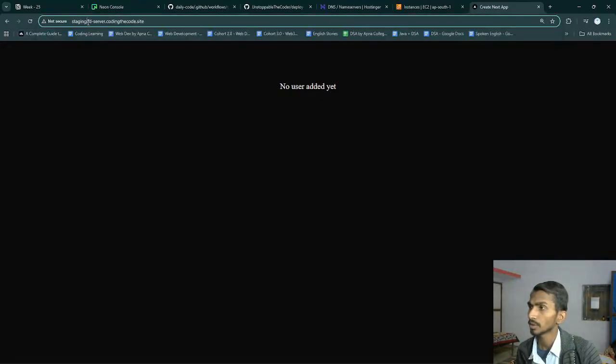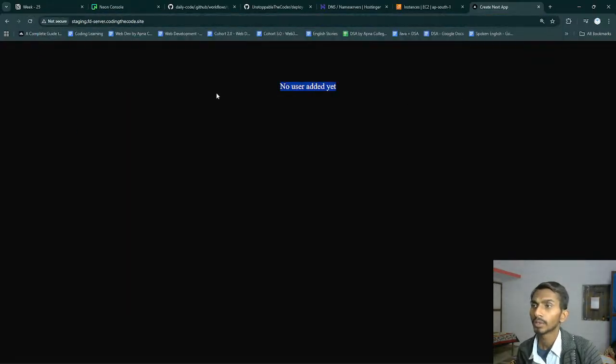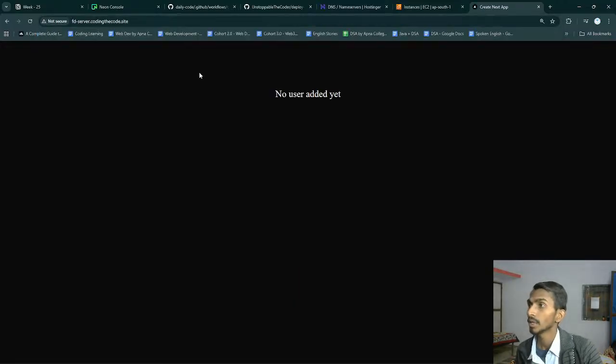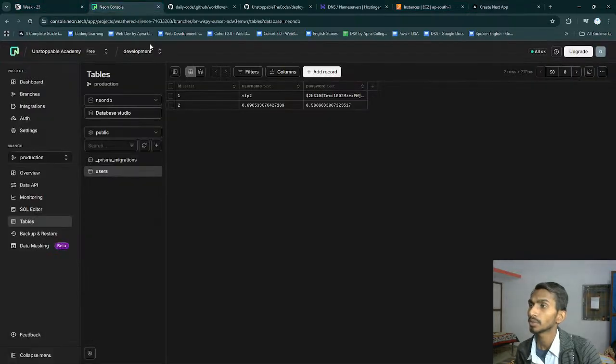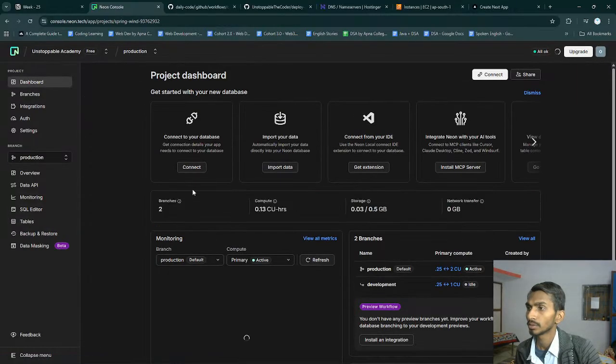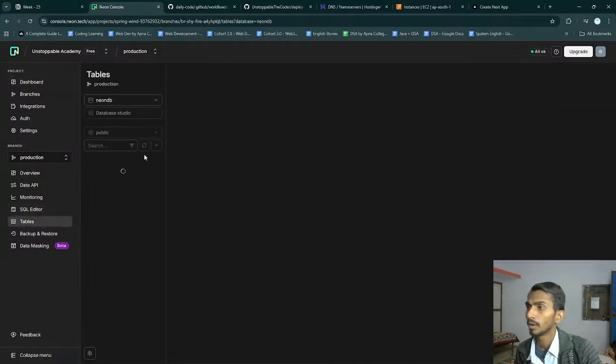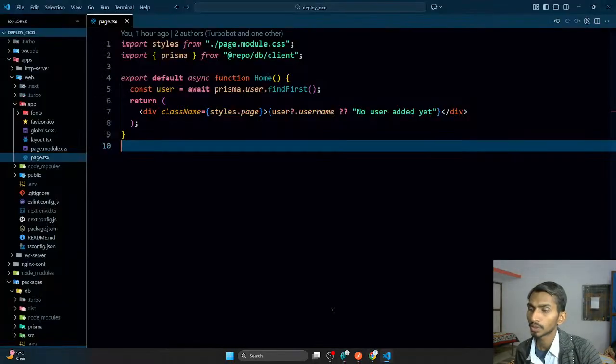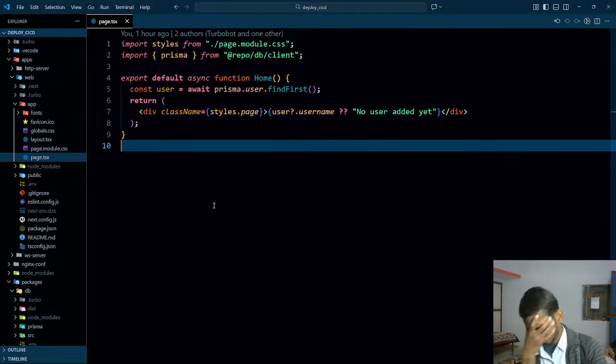Mainly, whether we talk about production or development doesn't matter. "No user added yet", let's remove it like this. FD server, "no user added yet", but when it comes to the user, we do have the user in here. Production table, and this is the user. Even if we go to this section WS URL, we'll get that. What to do?